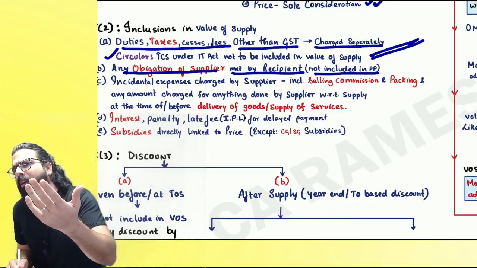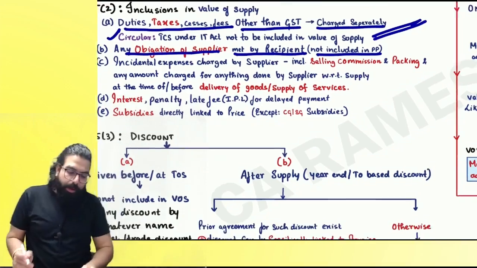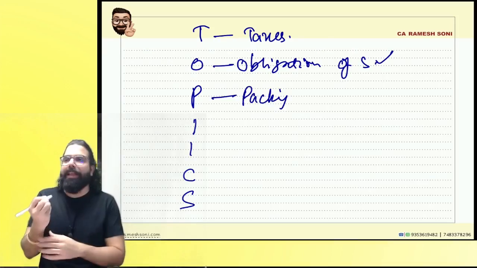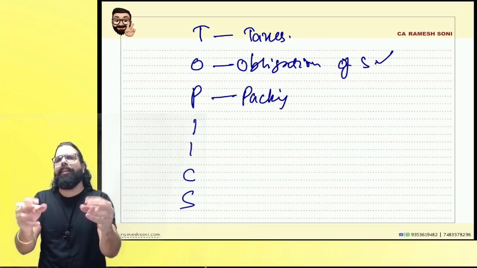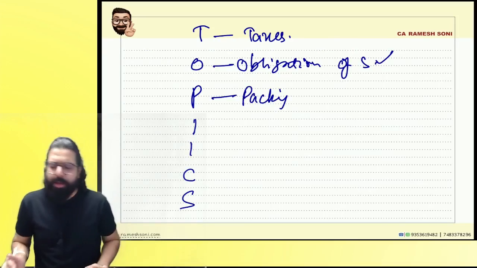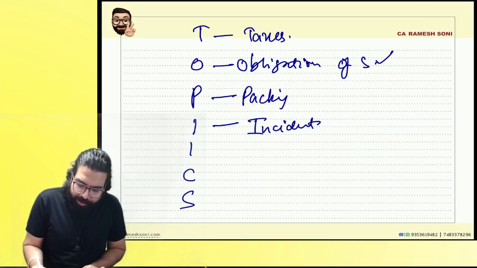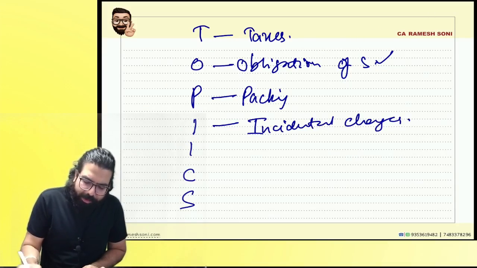If it is already included, don't include it again. The next one over here is P for packing charges. Any packing, special packing, this packing, that packing, everything has to be included. I for incidental charges. Remember one thing, any incidental charges which are there,